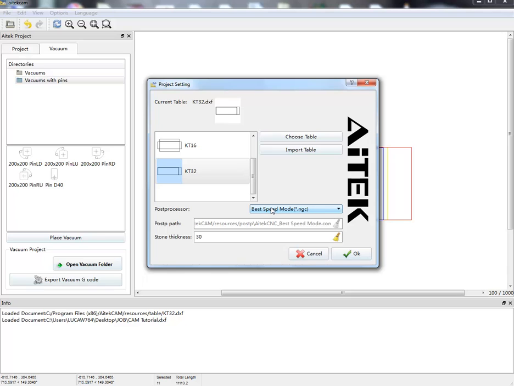It's also possible to select different post-processors. The post-processor can also be selected while saving the G-code. The post-processor is a file containing the information to translate the cuts created with a CAM to a G-code the CNC machine can read. There are two different post-processors that you must know about: the exact path mode and the